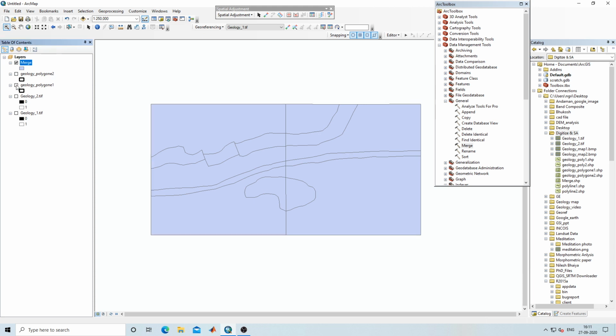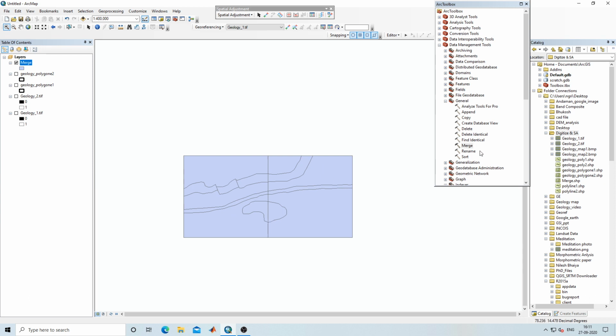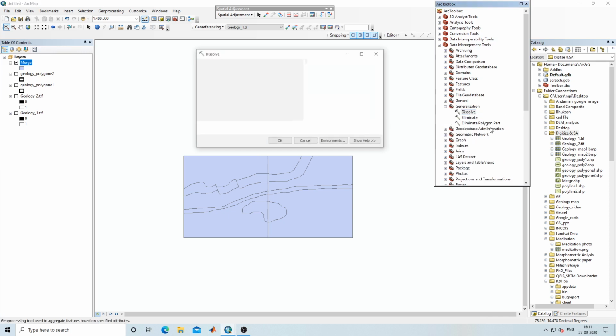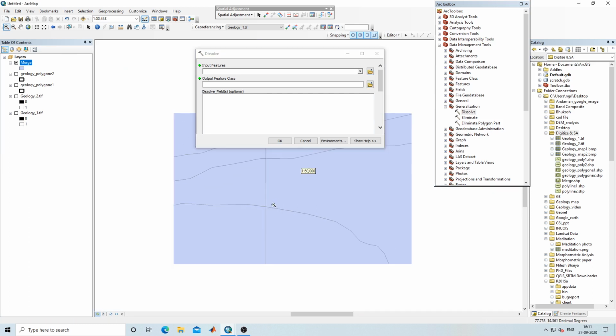So now we want to dissolve this middle line. How can we dissolve? I will click on data management tool, generalization and dissolve. We are dissolving it on the basis of lithology, same lithology.